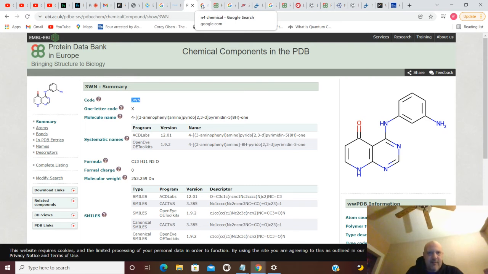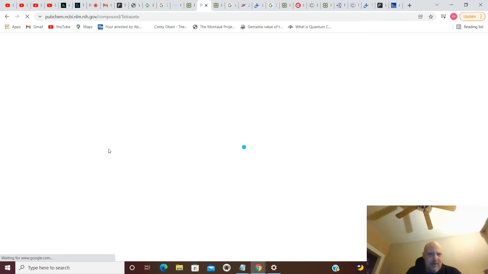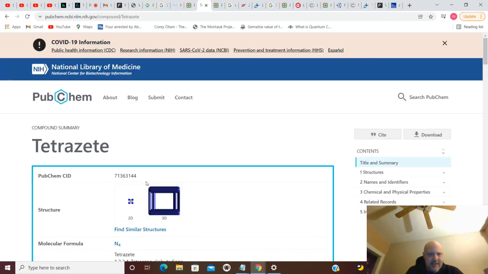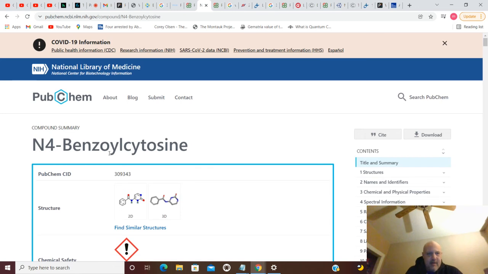But we're going to move on to N4. And N4 ends up being tetrazete. Oh, and also this benzo. So you got this N4 right here. And this is tetrazete, something like that. And you also get N4 benzoyl cytosine.